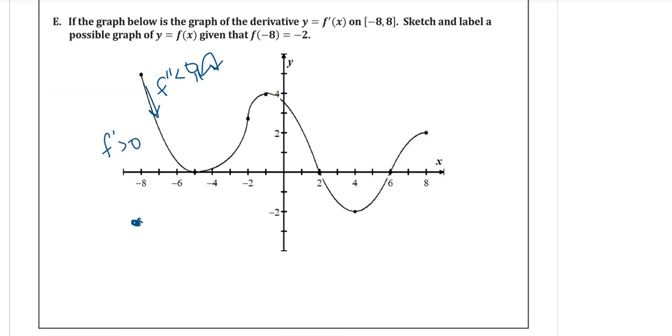So our graph is going to be increasing through this section. So let me draw that section. Okay, then we get here, and that's going to be a 0 because it is a 0. We have a horizontal tangent line of our function there. And then what happens is here, this slope, f double prime, is going to be greater than 0, so this has to be concave down from